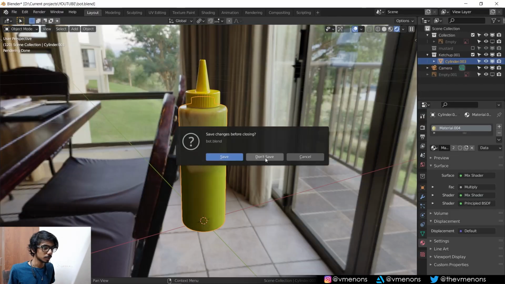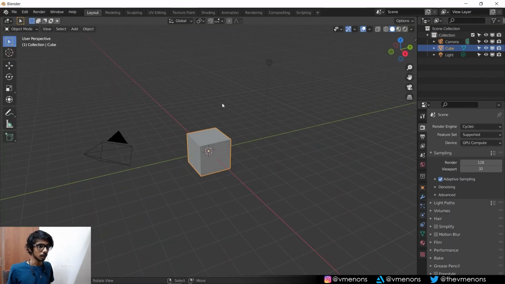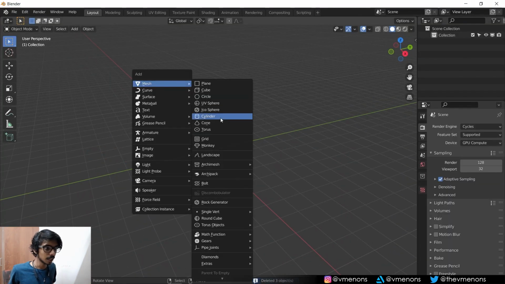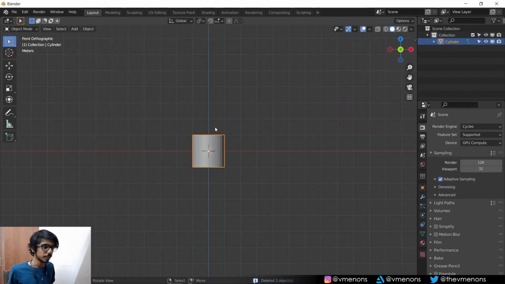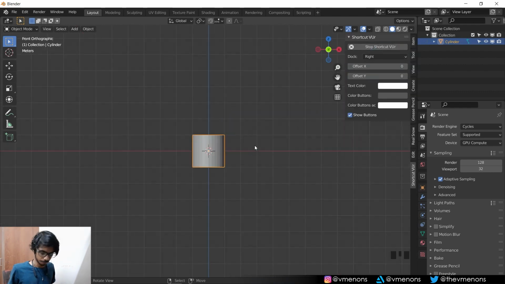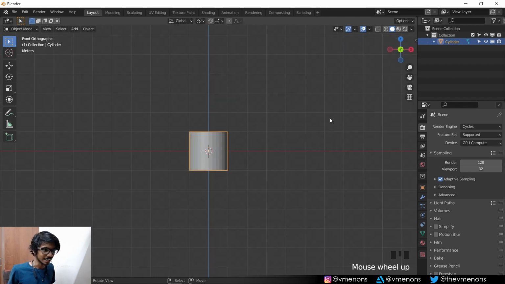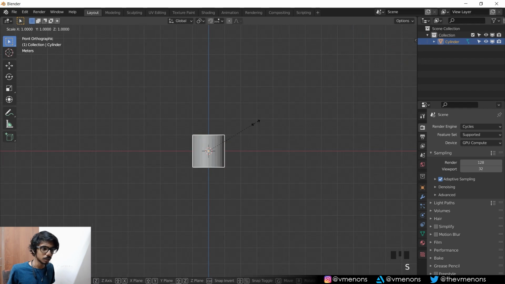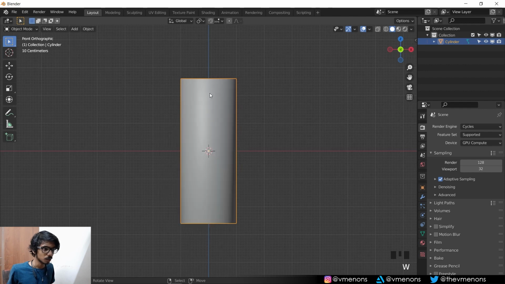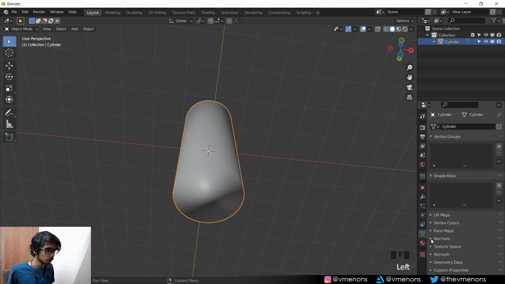Alright, let me close this, don't save. In a new file, I'm going to delete everything and add in a cylinder. This is going to be a speed run through the entire thing. So basically you're just going to model it. You can have a reference image in the background and model it, it's up to you, but I'm not going to have a reference image over here. I'm just going to model it freely. So shade this smooth, and make sure you enable auto smooth,